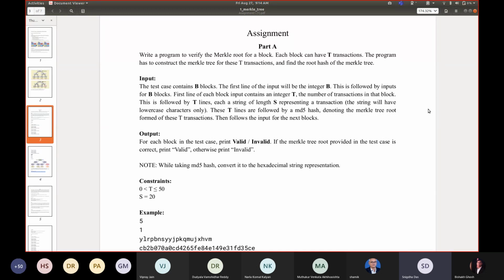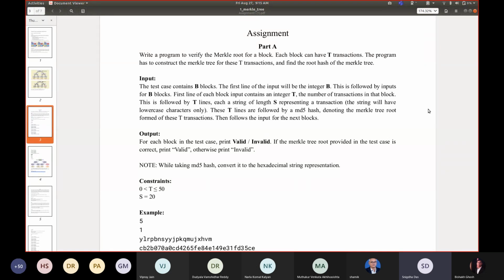What you need to do is compute the Merkle root, and then compare that computed root with the provided MD5 hash. If these two are equal, then you need to print valid.